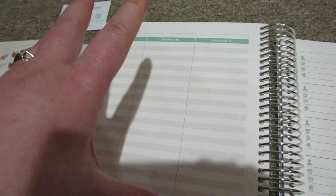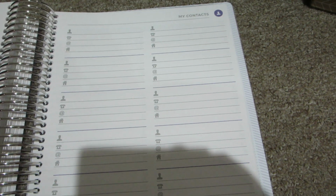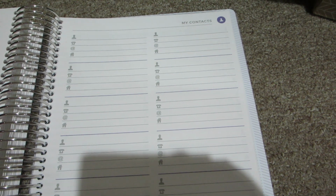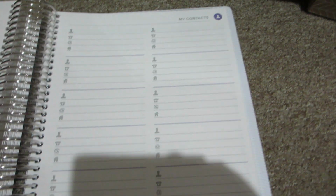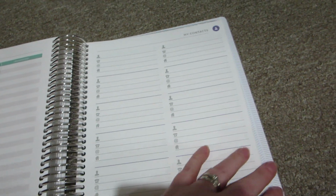And then they always have this kind of grid-like paper that I just use to jot whatever down. They give you 4 of those now. It used to be 1, but they give you 4. There's a page for your passwords, which I never use because I don't feel that that's very secure. And then contacts, which I already have in our home management binder. I have all of our family and friends' mailing addresses. But what I tend to do with this is I actually write my Dolly friends' addresses in here, because you only get